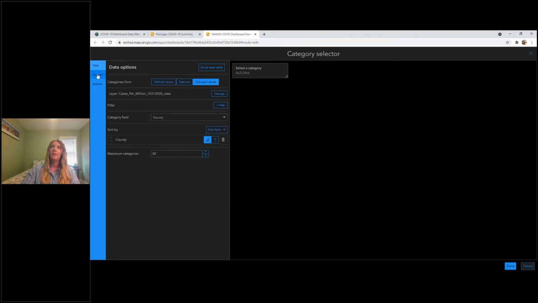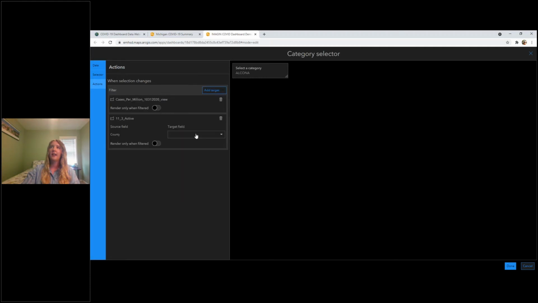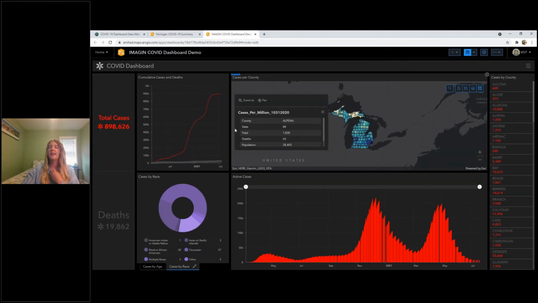And then from there, I'll just make it 500 so you see all the counties. And then when you go to actions, you can filter and then select all the widgets that you wanted to interact with, and then kind of go from there. But since a lot of these aren't fed through the same layer, since how we got our information is not super concise, it wouldn't be as clean as a dashboard normally would be.